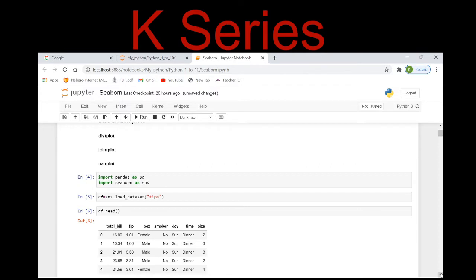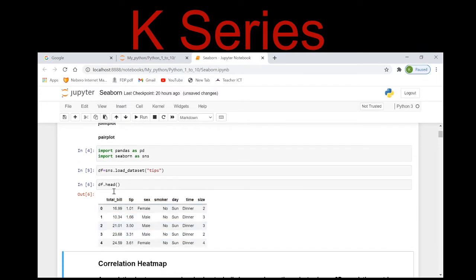Now here, as you can see on my screen, I have the tips dataset and the features, that is the columns you can say, are total bill, tip, sex, smoker, day, time and size. Now if we need to use statistical tools, why is it necessary, or what exactly do we want to fetch out of the dataset, right? So to get into it, let me explain a few of the basics of learning.